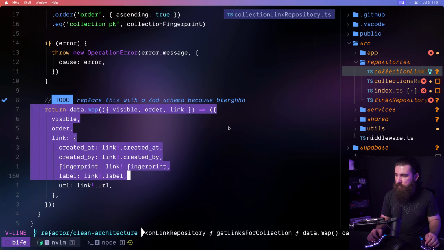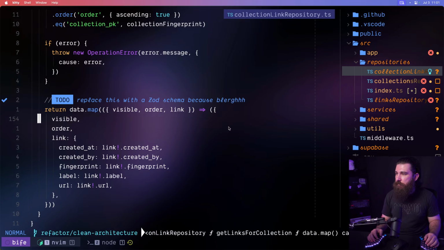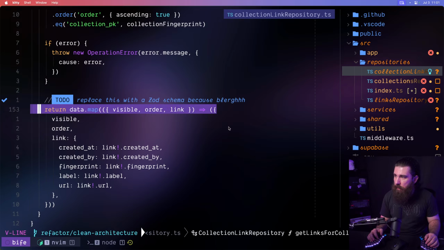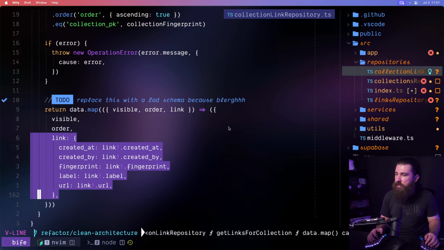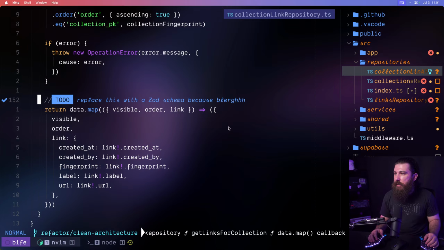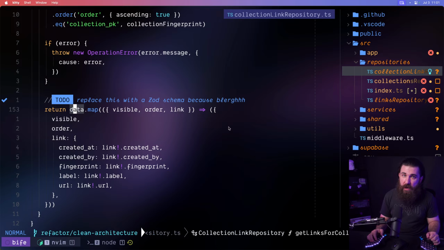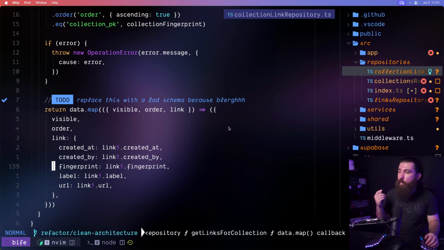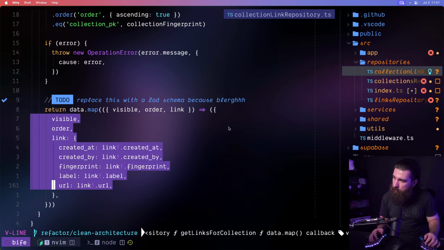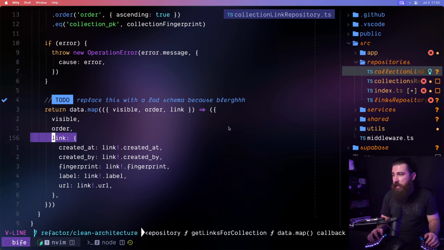And this is the other one. Let's actually make this. This needs to be a different schema. It needs to have the visible and the order, and also return the link. And this is supposed to be an array. Okay. Alexander, thanks for the sub. And this also needs to be an array. So an array with this block right here. And the link itself